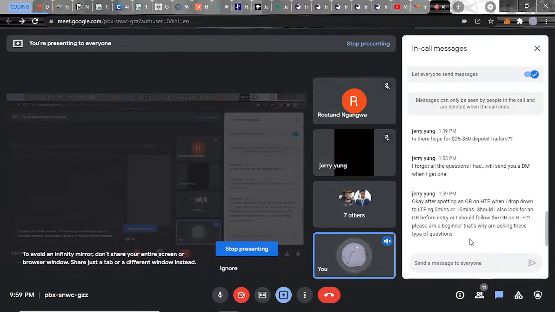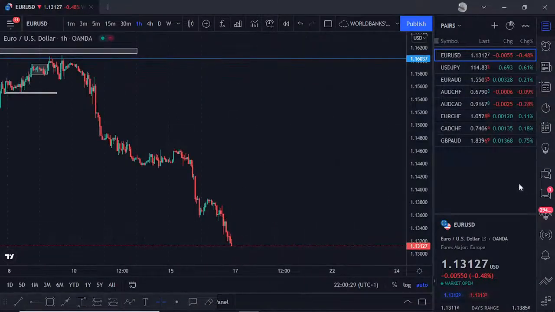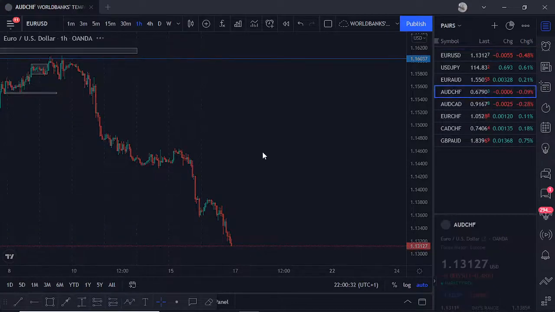All right. Now, here is where the confusion starts. For me, what I do, once I spot an order block on the higher time frame, I use 4 hours, 1 hour, and then 30 minutes to spot the order block. Then once the market gets to that order block, I'll switch to the 5 minutes time frame to look for entries. But once you want to enter for liquidity or Asian session, the way I explained this AUD now,